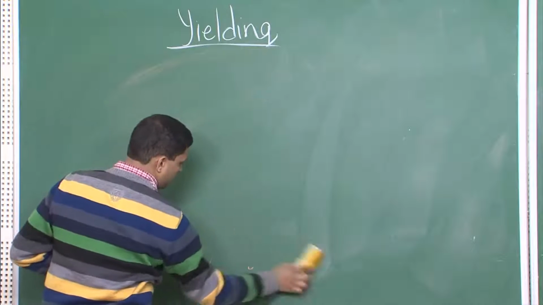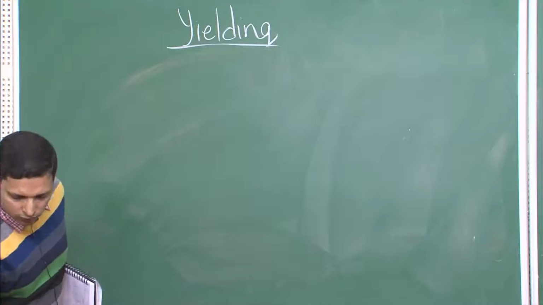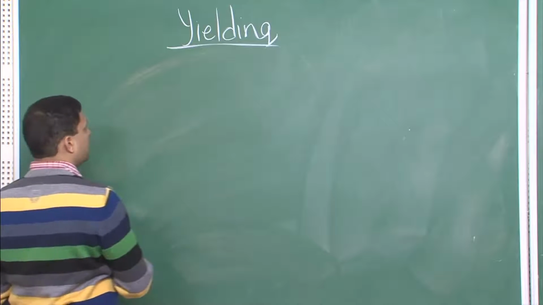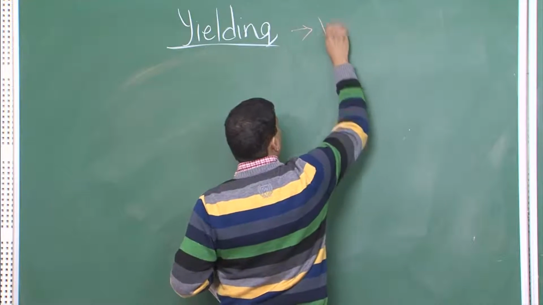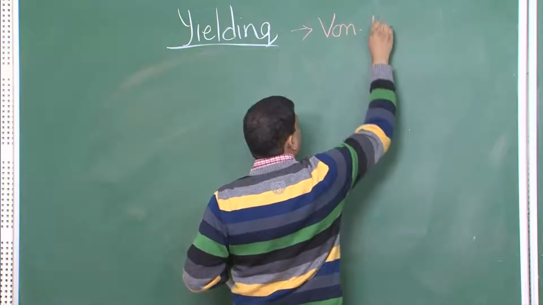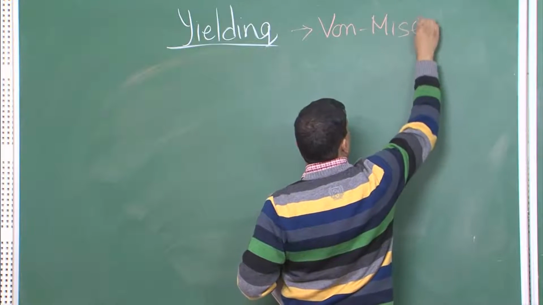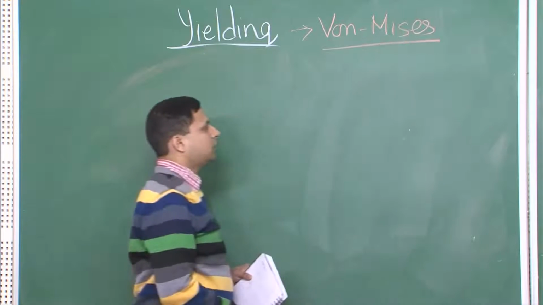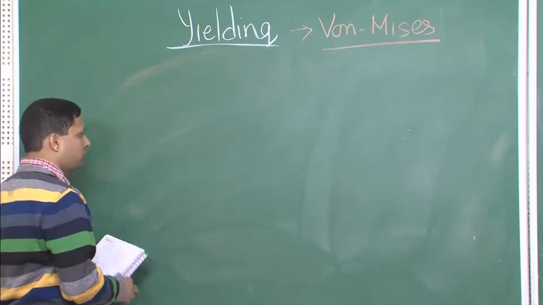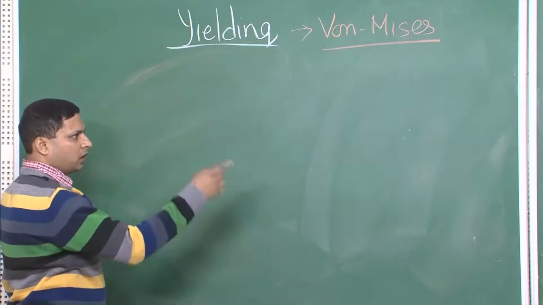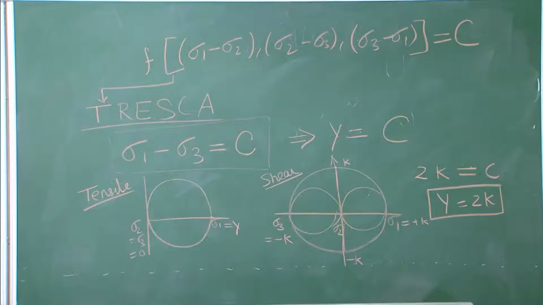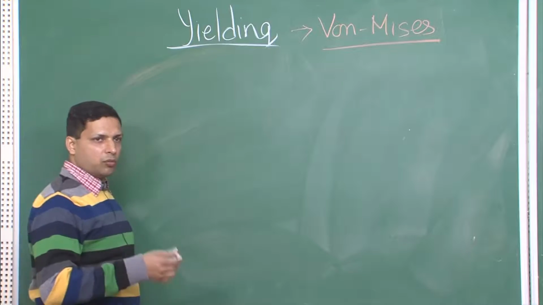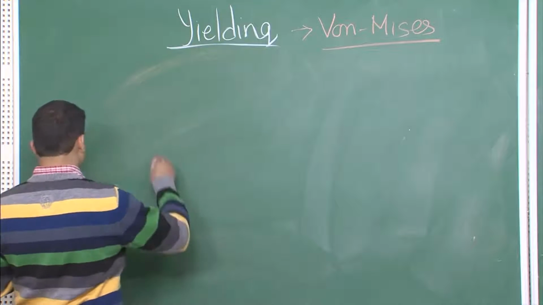which is called the von Mises criterion. So, one was the Tresca, now the second one we are looking at is the von Mises criterion. The Tresca criterion, as we saw, is very simple. It is just saying sigma 1 minus sigma 3 equal to C, but in the von Mises it is a little bit more involved. What it is saying is that when